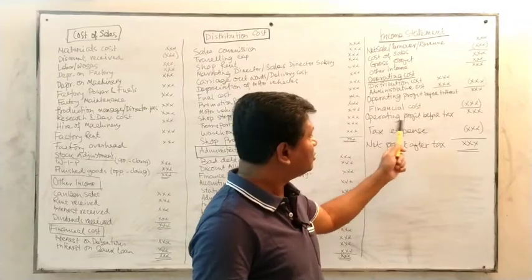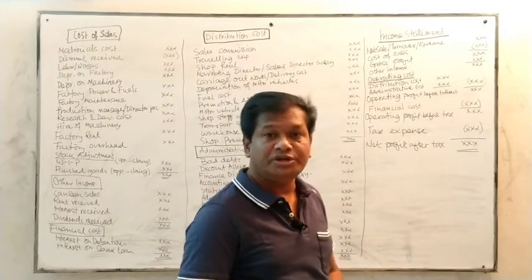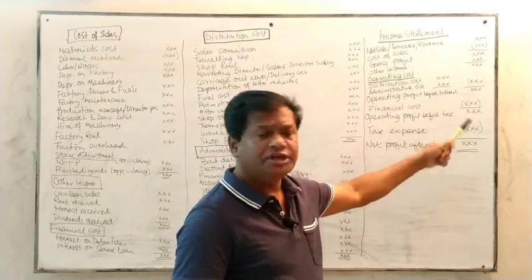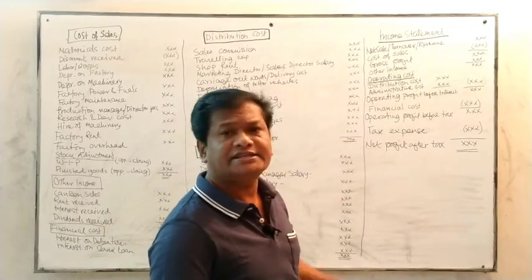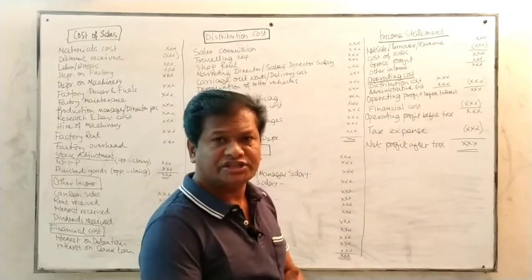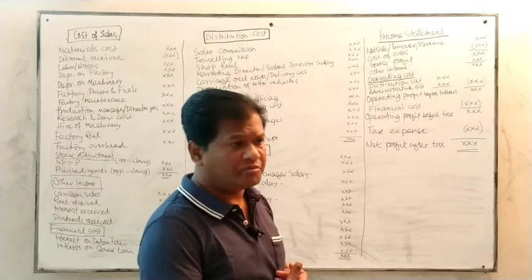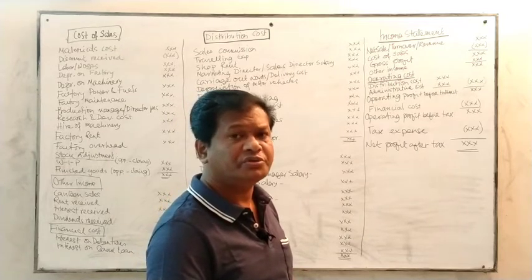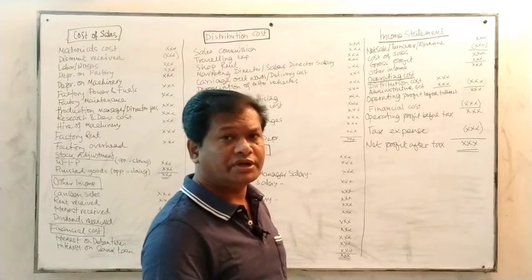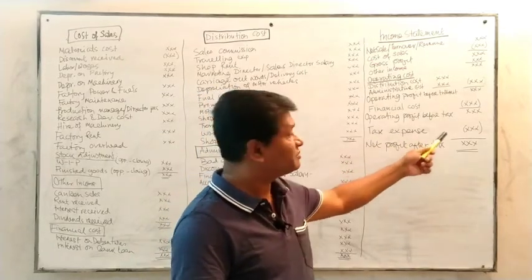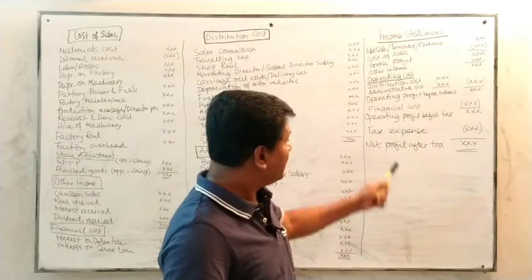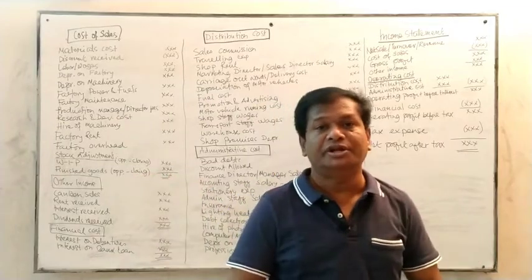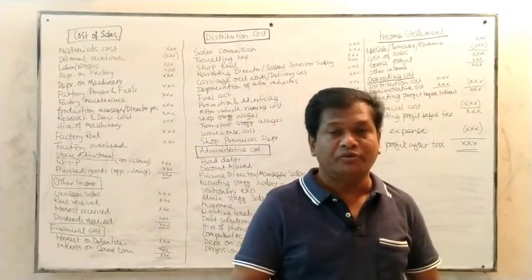The figure you got, that is the operating profit before taxes. That is to be written as operating profit before taxes. And then from this figure you have to subtract the tax expenses. Whatever the total tax is to be given, if it is a limited company, more or less 35 or 36% is normally given to the government exchequer. So that figure is the tax. So tax expenses are to be paid. Finally you get the net profit after tax. This profit is normally used for calculating the dividends to the shareholders or other appropriations.